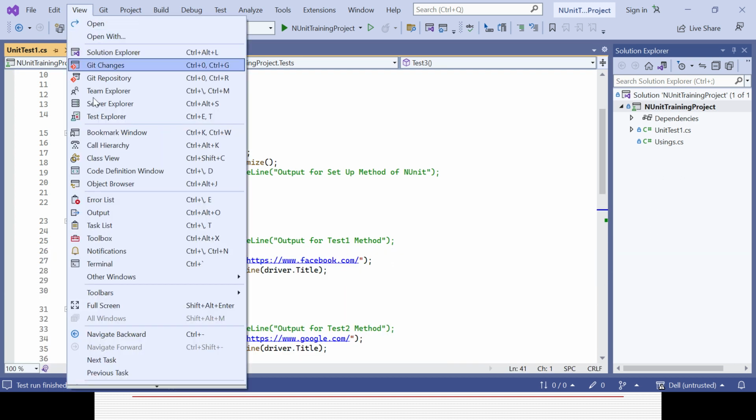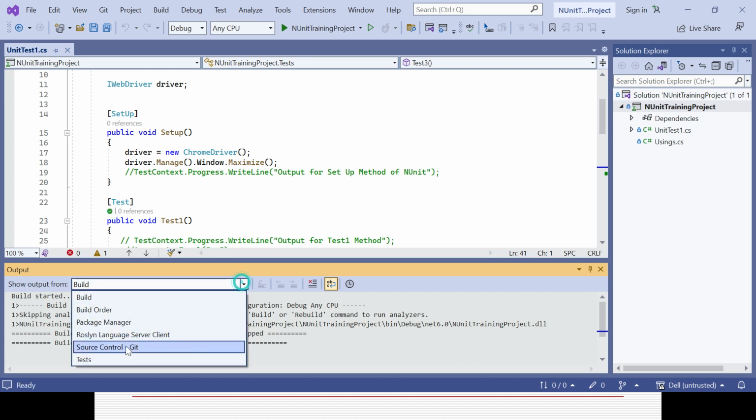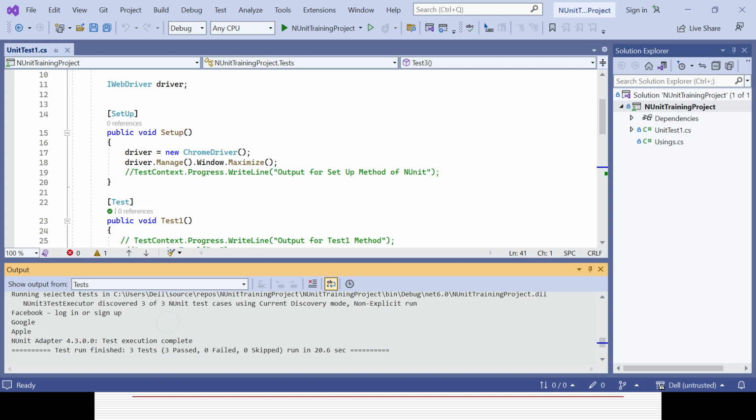In case it is not coming, what you can do is click on the view and click on the output, so that the output will be displayed here. And now if you click on the test, you would be able to get the desired result. You could see for the Facebook page, the title is coming as Facebook - log in or sign up. For the Google page, the title is Google, and the Apple page title is Apple, and 3 test cases run, 0 fail,